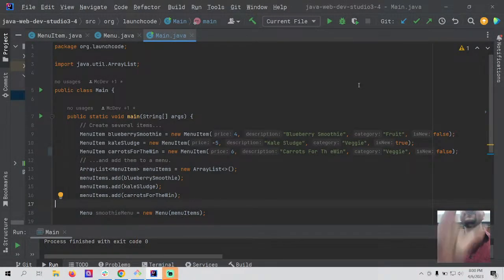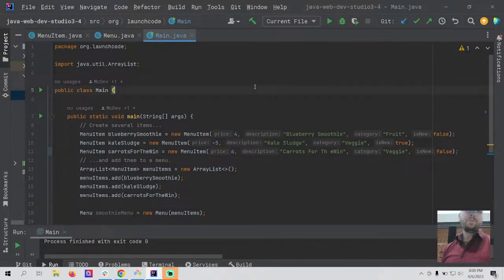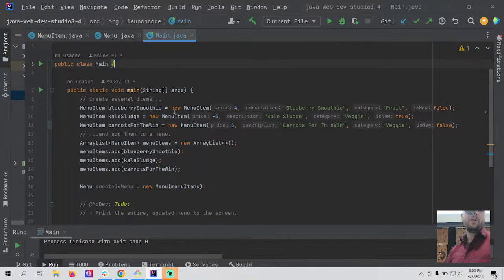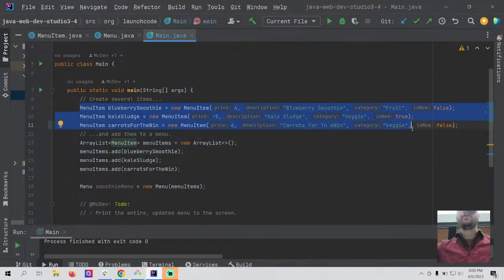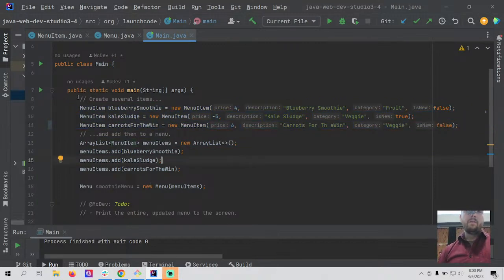All right, it is time for studio review. So for the studio review, I did a little bit to get us started. I created a few items. This is similar to where we left off last week. And so we have a few menu items: blueberry smoothie, kale sludge, and carrots for the win are